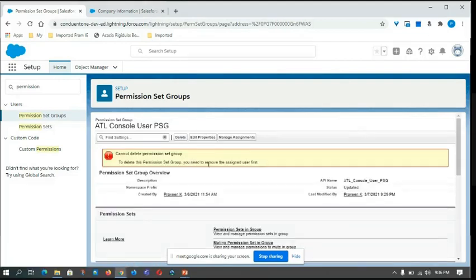To delete permission set, you have to remove assigned users. It is clearly stating. Obviously people can mistakenly try to delete it without knowing that some users are there. It can happen in real time. So Salesforce is showing that error message clearly, so you cannot delete it.